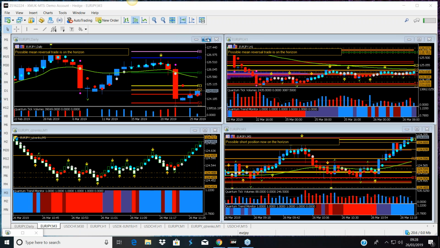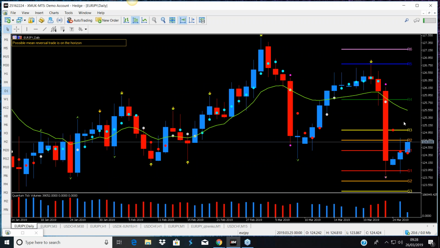Right, just wanted to finish up on the euro yen. This is the move on Friday. I've got this gap here because XM, in its infinite wisdom, has decided to put a Sunday candle in. It never used to, which I preferred. Actually, it's just my preferred choice. That's why you have suddenly got these gaps everywhere. That's simply Sunday trading. And we can see here what happened on the day.